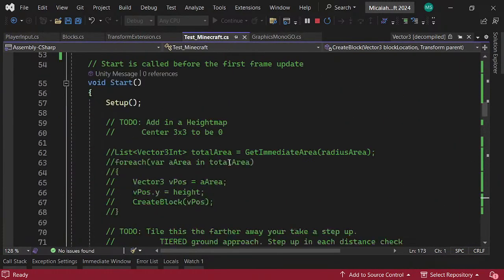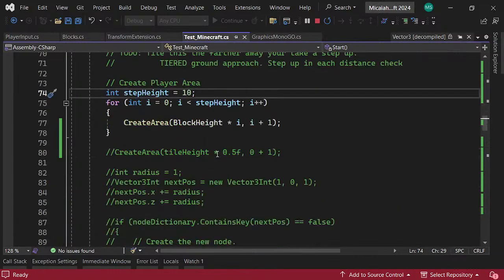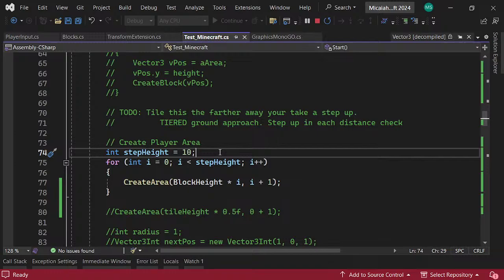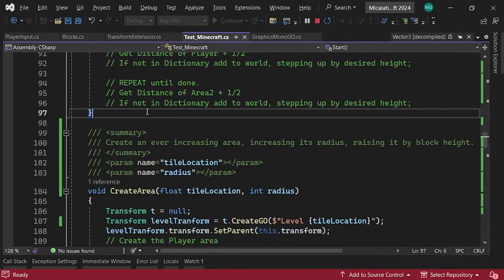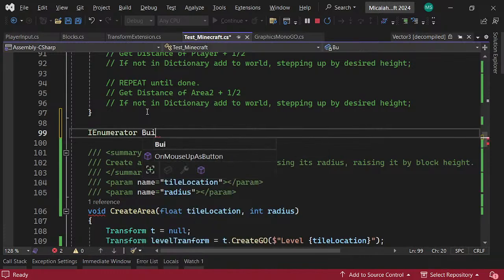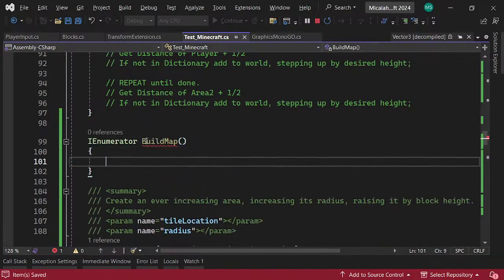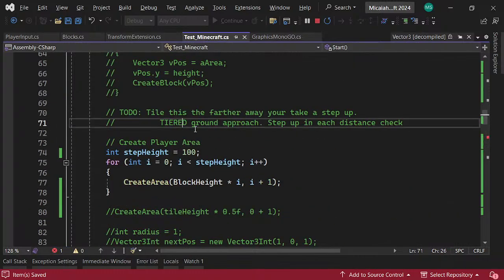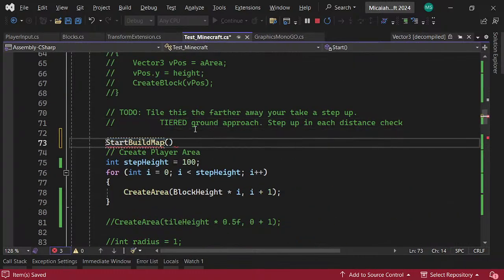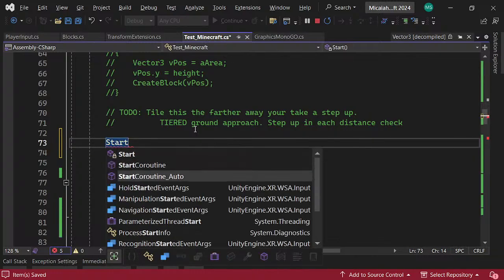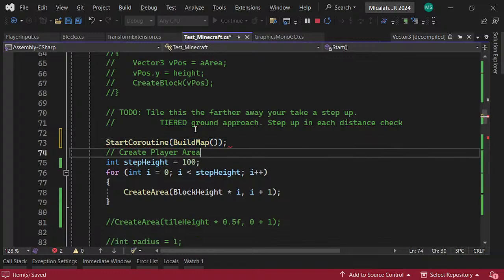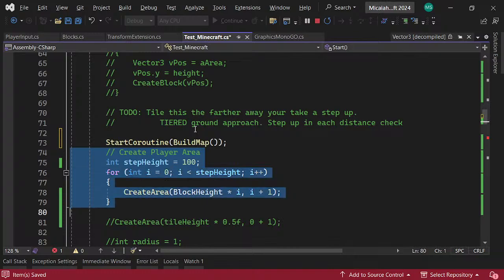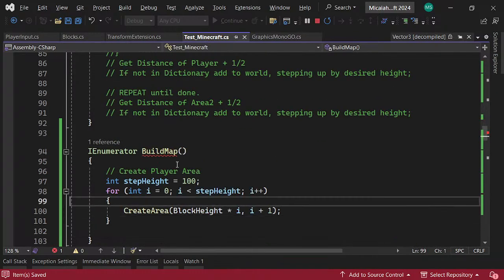I really need to clean up all this code. Not the step height. Oh yeah, the step height is exactly where, let's say, 100. In fact, what should happen at this point is, let's say I have an IEnumerator BuildMap, and this is just going to say, hey, I'm going to start the coroutine, StartCoroutine BuildMap. I just get so excited about these projects. And then I can just bump this into here, and say